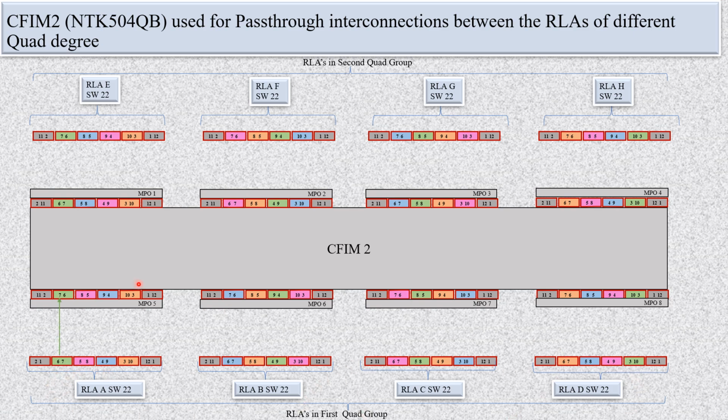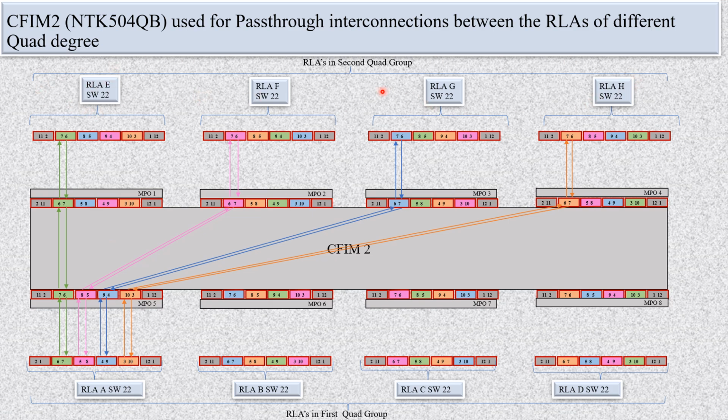So let's see. You can see by this first fiber pair, this RLA is connected to this RLA. RLA A is connected to RLA E. By second fiber pair, RLA A is connected to RLA F. By third fiber pair, RLA A is connected to RLA G. You can see the signal flow. By fourth fiber pair, it is connected to RLA H. So what happened? There is an interconnection of these four RLAs to this RLA. So RLA A can communicate with all the four RLAs of the other quad